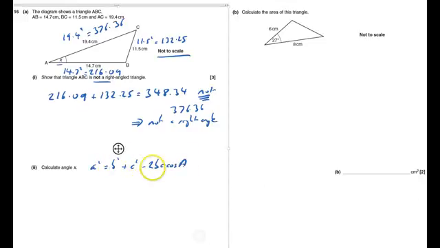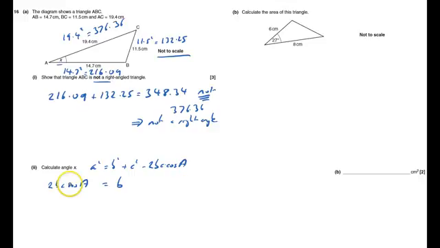What I've got to do is rearrange this. So I'll add 2bc to both sides. I get 2bc cos a equals b squared plus c squared, I've added that to get to this side. I've got to take away the a squared, and then I get cos a equals b squared plus c squared minus a squared all over